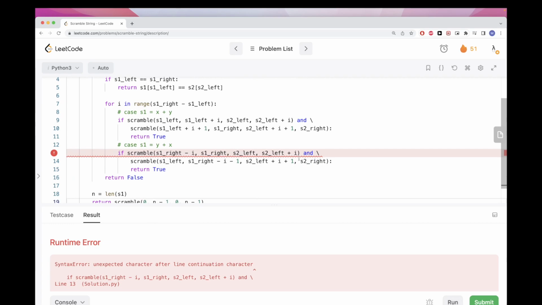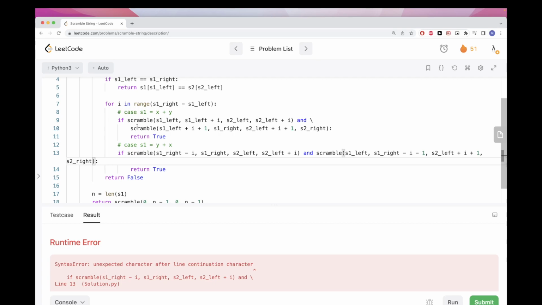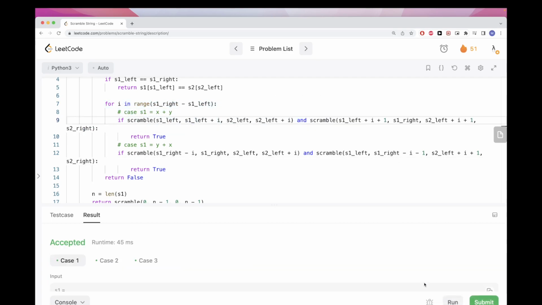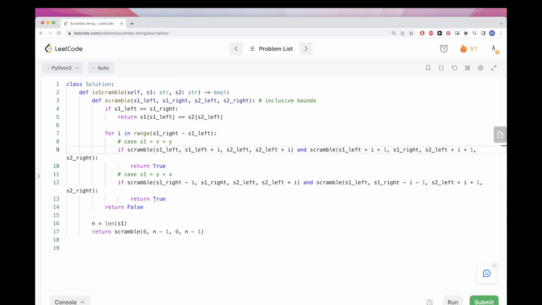Looks like there is a typo somewhere here. Okay, let's just simplify it like that. So we get this. This looks good. Still like that here as well. Okay. Looks good. Now, we'll get time limit exceeded here because with these variables, we will end up calling this